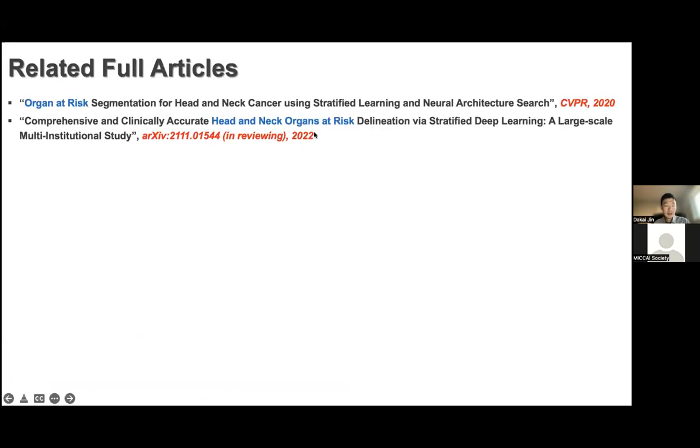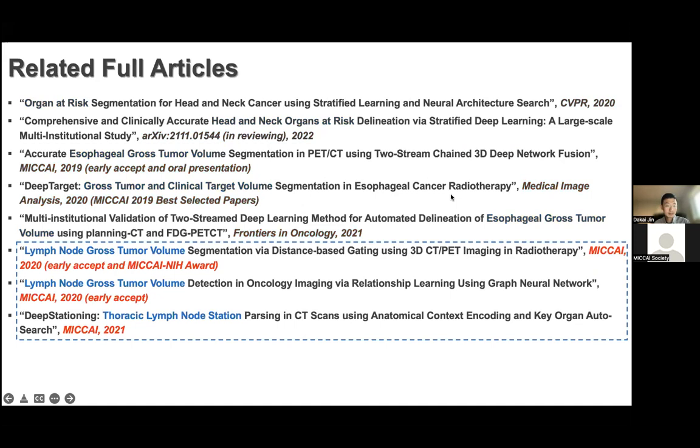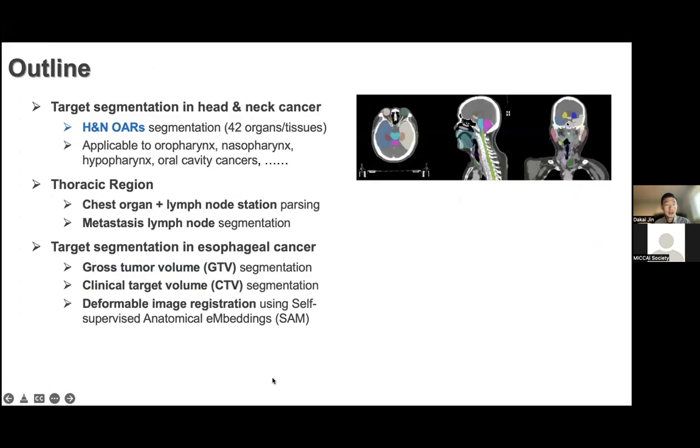And these are the papers that are related to this talk. The first part is the organ at risk in head and neck regions, and the next part is the gross tumor volume, the GTV segmentation in esophageal cancers. The third part is the lymph node station and lymph node segmentation and detection, and finally the clinical target volumes segmentation, and we'll also mention the image registration here. Now let's first take a look at the organ at risk segmentation in the head and neck